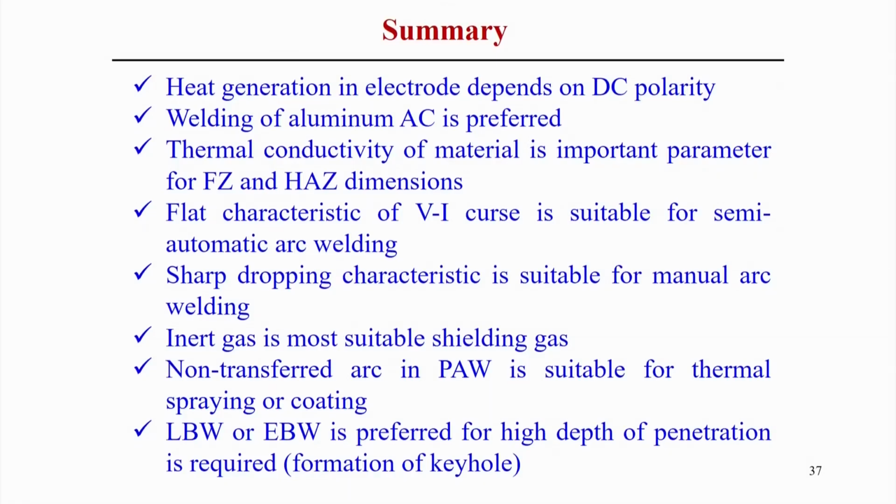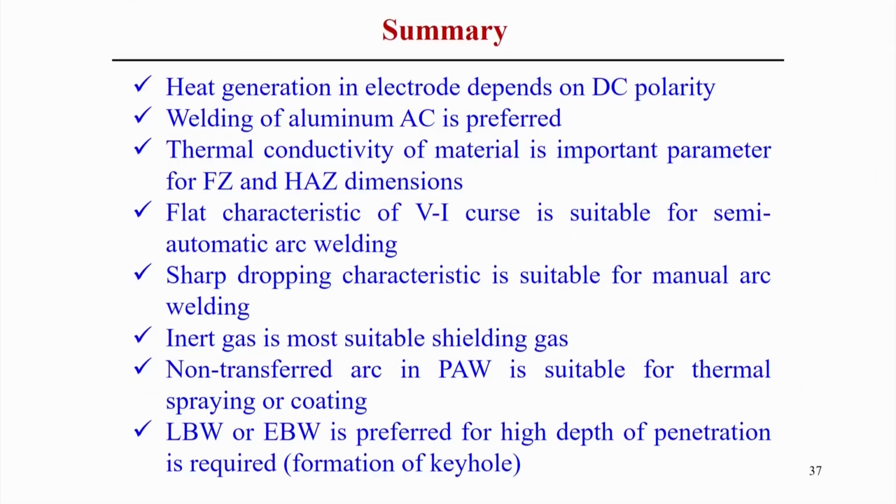So, when you use direct current electrode negative, in that case the maximum amount of heat is generated in the workpiece material. For welding of highly oxidized material, that means having aluminum oxides, where the cleaning action is most important, in that case AC current, that means alternating current, is more preferable. Third point is that the thermal conductivity of the material is a very important parameter,